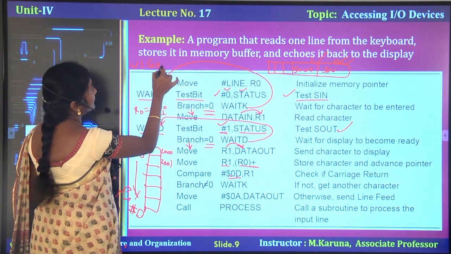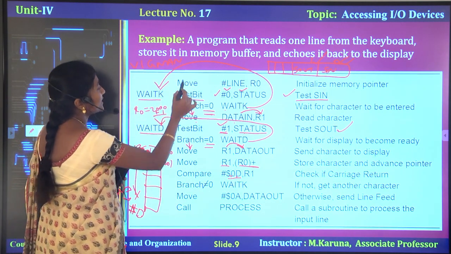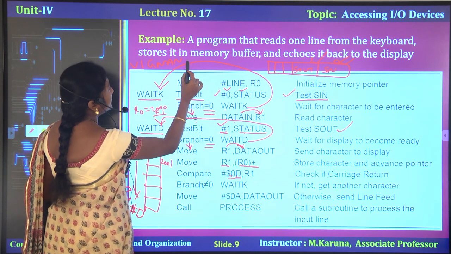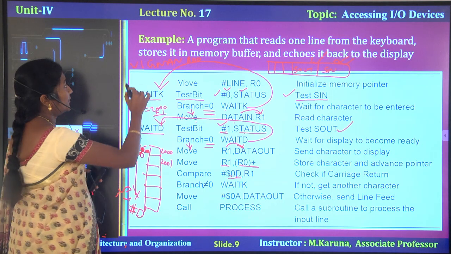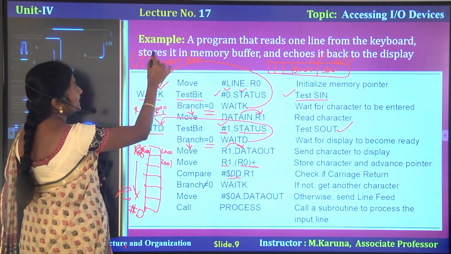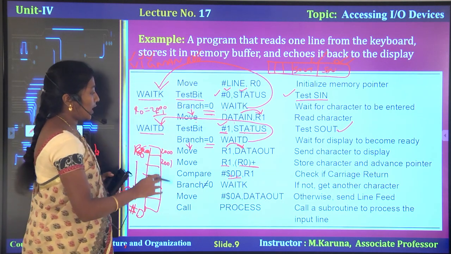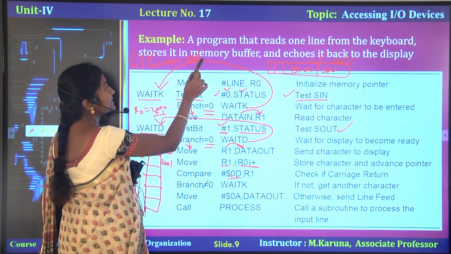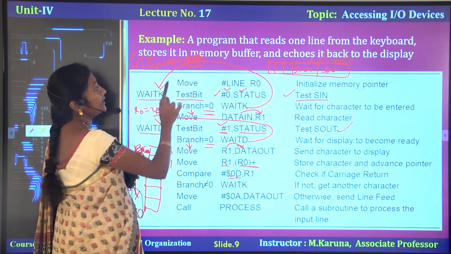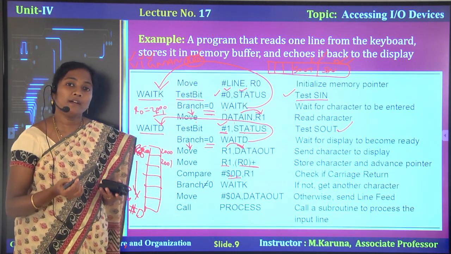Suppose Vignan: the string must be terminated with the $0D ASCII character. The first characters are V, I, G, and the last character is $0D. If the last character is $0D, then it will stop the read operation.